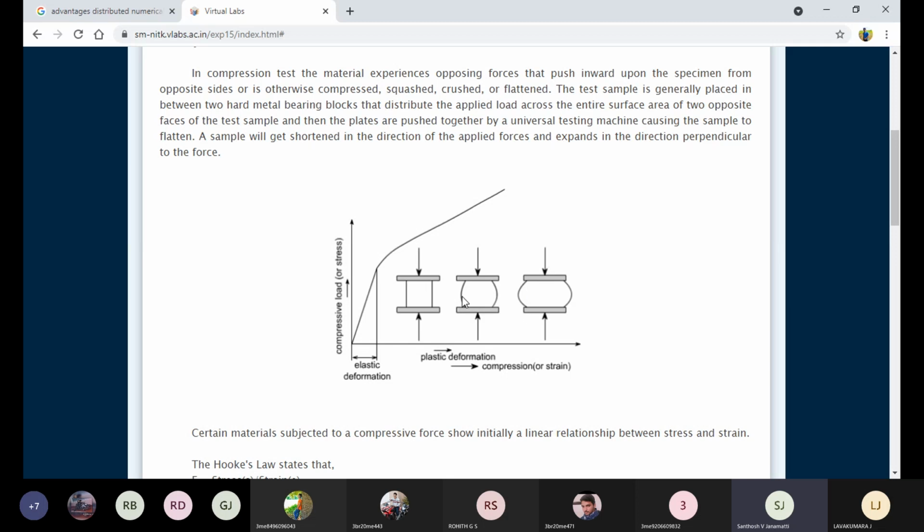So you have to note the initial deformation point, at which the deformation begins. Some materials will begin at 50, some at 60, some at 80. At 80 they will start deformation like this, as we can see in image 2. So we can note that point, 80 or 70 or 50. That will be the yield point of that compression. Whenever we apply the compression load, that will be the yield.